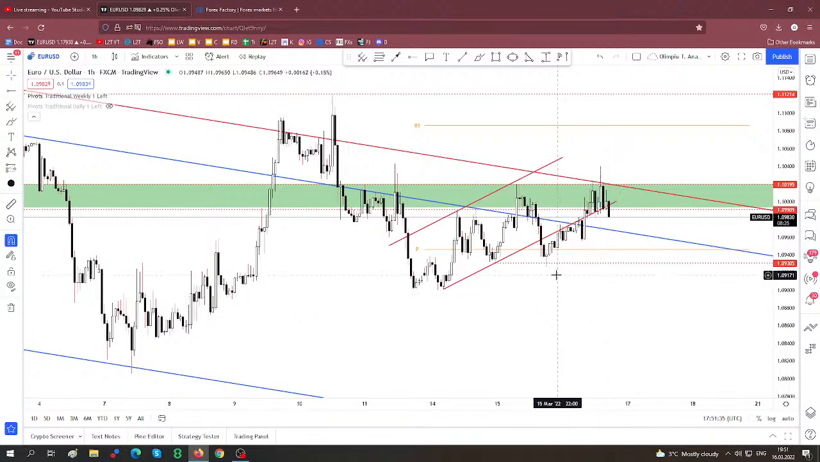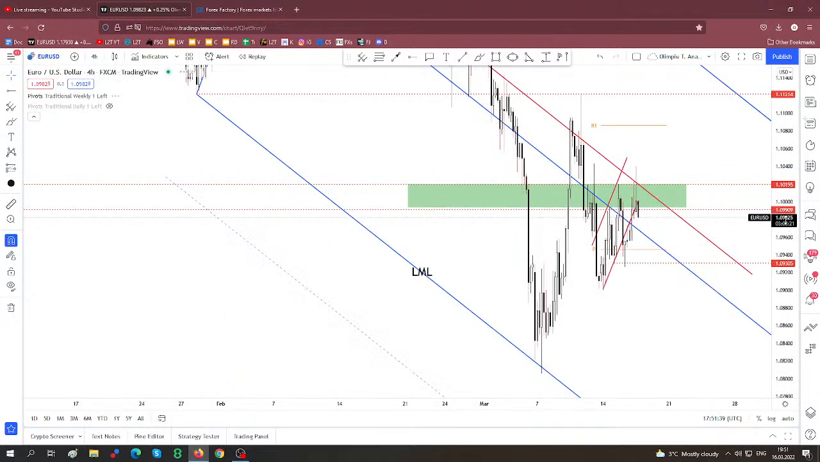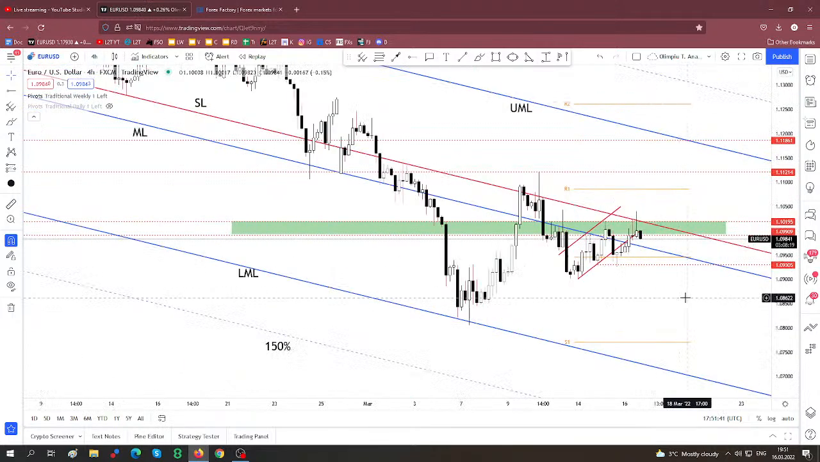And yeah, let's wait and see what will really happen in the short term. Also, yeah, Orlando's